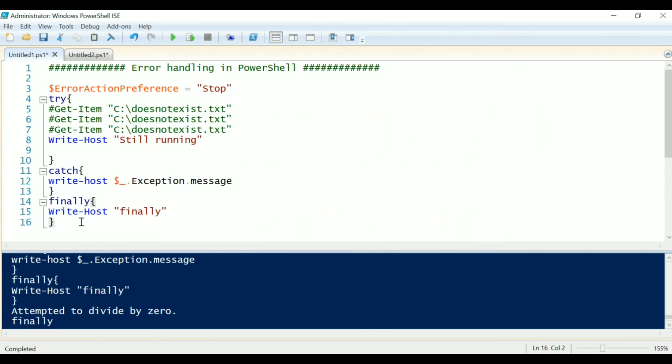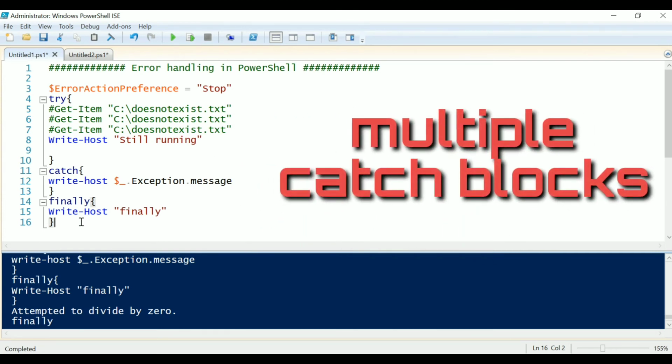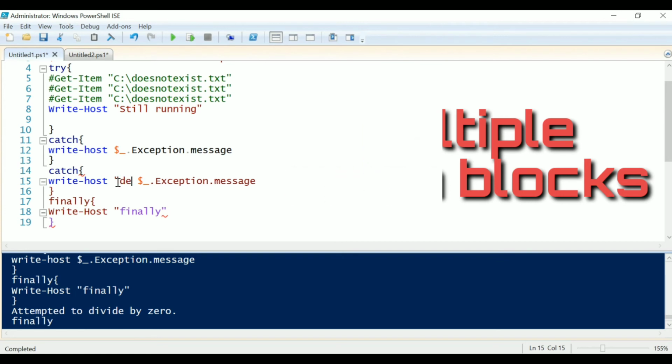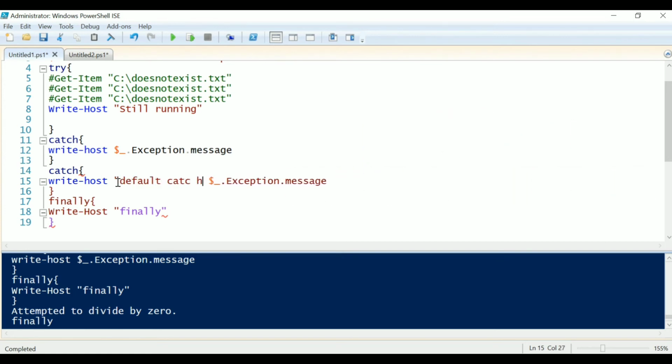You can also have multiple catch blocks to handle different kinds of errors. So let me copy this catch block and create two catch blocks here. To differentiate between the output of different catch blocks, I'll write default catch block here, and here you need to specify the type of exception you want to handle.